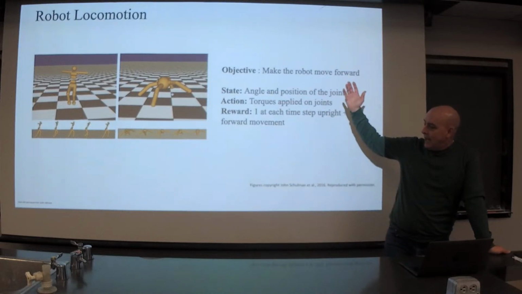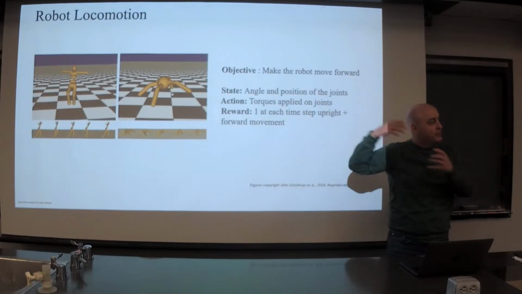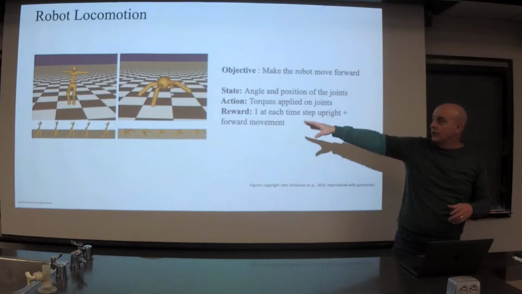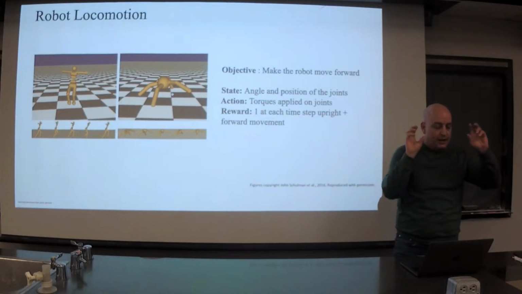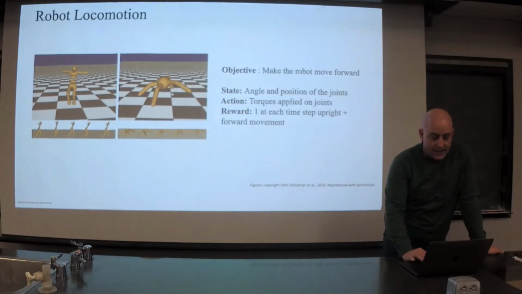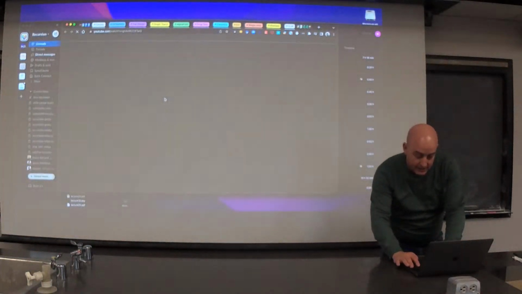That could be very expensive if you're doing this for an actual physical robot. But if you could do this in simulation, like what these are right here, then maybe you can learn to do all that movement in simulation, and then transport that learned policy to your robot. That's how a lot of reinforcement learning, especially earlier reinforcement learning, looked like. So we're going to watch a series of videos here.